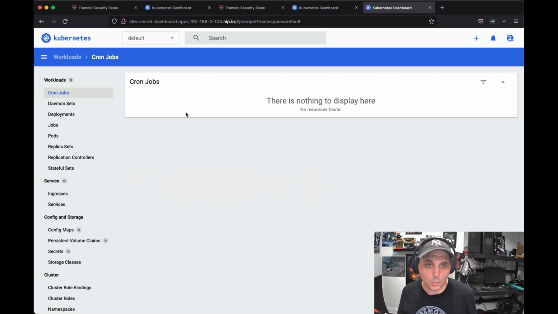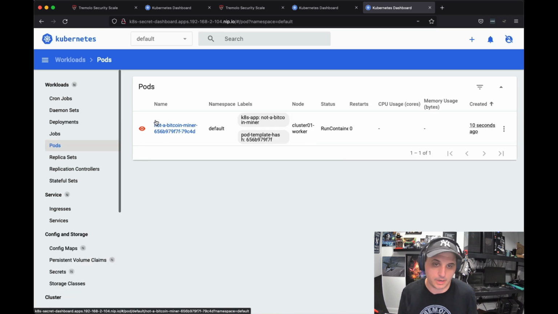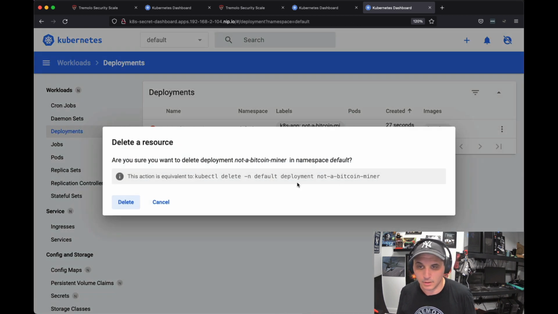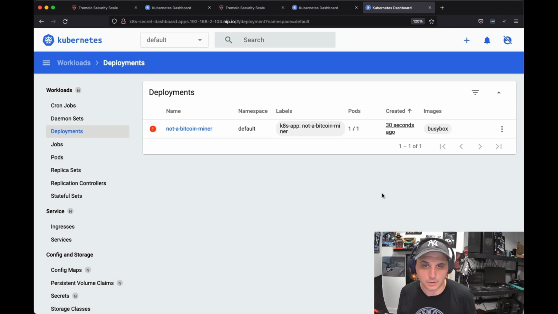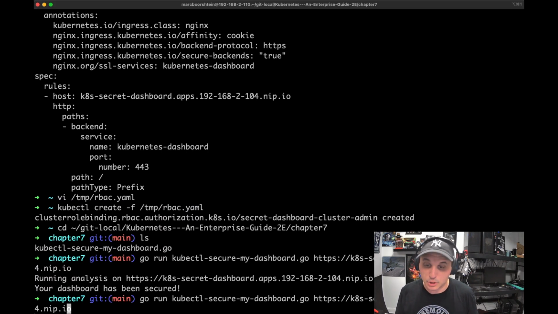So let's see what it did. And let's go, oh, shoot, I got a Bitcoin miner on my pod now. That's bad. Had the dashboard been set up with authentication, this wouldn't have worked. And just to prove it, let's go ahead and delete this not-a-Bitcoin-miner, because you don't want Bitcoin miners running on your system. Why didn't it delete? There we go. Okay, so now we're going to do it against the actual dashboard